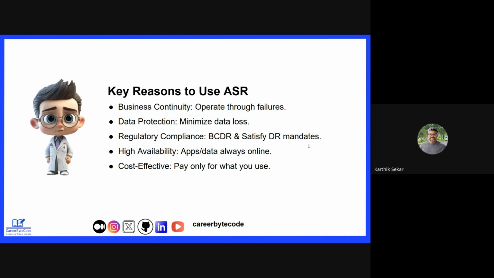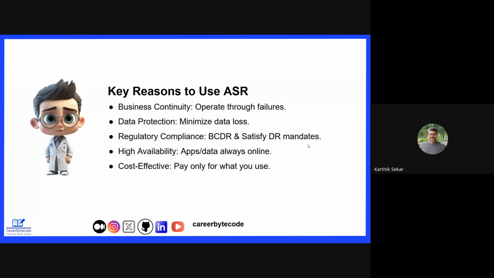ASR gives all those options, like replicating the data, automating it, and everything. It covers business continuity, data protection, and following regulatory compliances. It helps to set up high availability, and it is cost effective as well, because it's pay as you go.